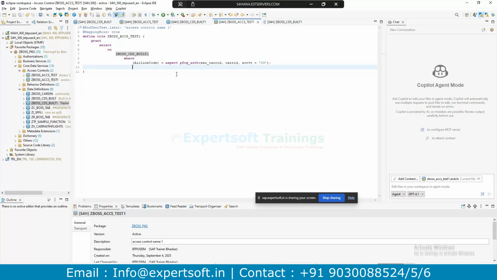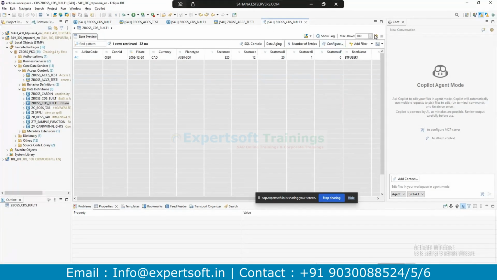Generally, this is a GRC consultant's job. We need to write the code only, right? So now it is a generic one. For whichever particular user wants to execute, their role will differ. Same data, same access control, the role will differ. With respect to the role, the content of the records of the data will differ.